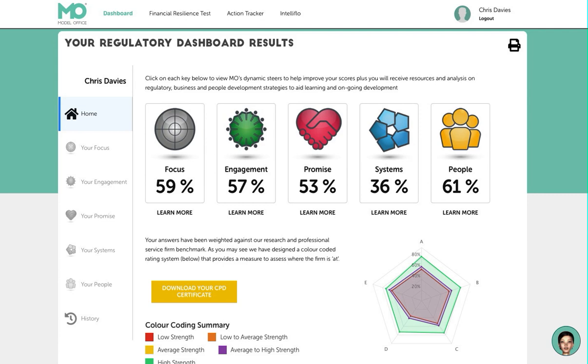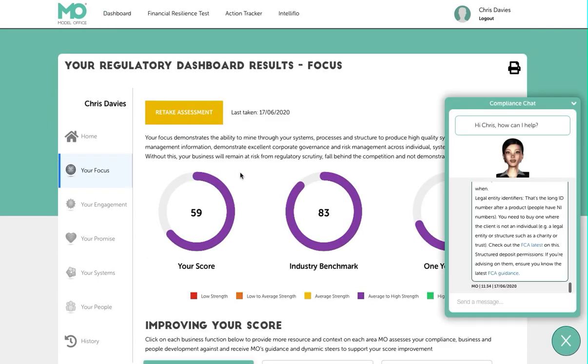This one we're going to take a look at the new action tracker that we've just launched on the system. The action tracker really pulls together a lot of the information that you may see on your dashboards across the individual areas, the 5 keys we call them, which are integral to ensuring that you have a highly compliant, client-centric and sustainable professional practice. So for example, if we go into your focus, this is really focused on the rule